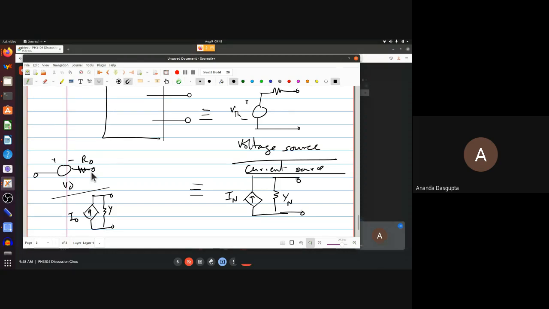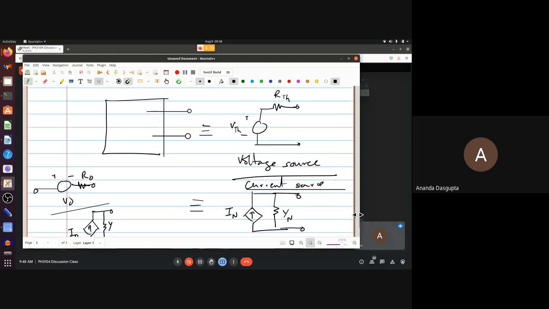Zero internal resistance would be an ideal, small internal resistance would be a good source. Okay. So the reason why we don't call every circuit with a pair of terminals sticking out a voltage source, despite the fact that Thevenin's theorem really says that, is simply because R Thevenin may be huge. So if R Thevenin is huge, thinking of that as a voltage source almost makes no sense. Got it? So ideal voltage sources should have zero resistances. Real voltage sources, things which we call voltage sources, should have small resistance.